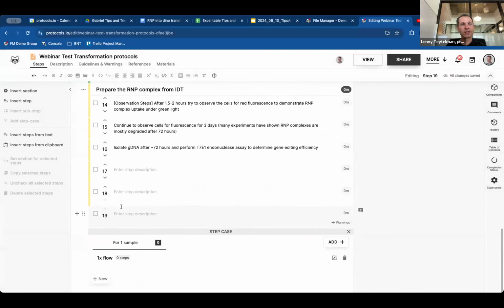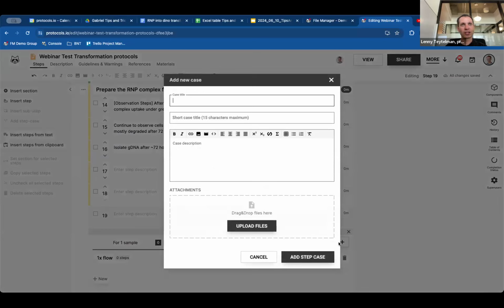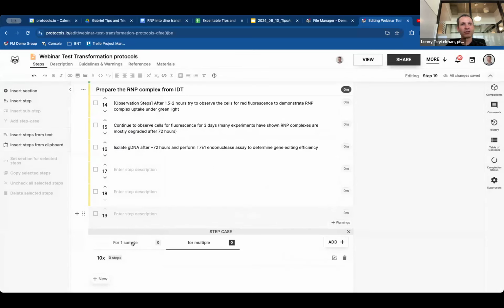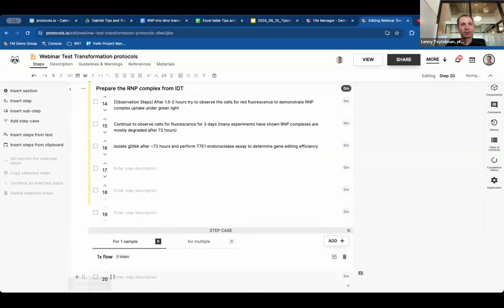Add a step case, and now you can see that this step has become more complicated. I can add a new case, say this is 10x. You can add more information, and now you'll see both in the editor and in the viewer, there is a sort of branching out that's happening at step 19. So if I add new steps,